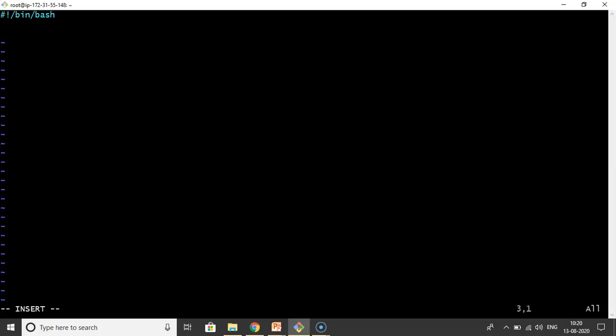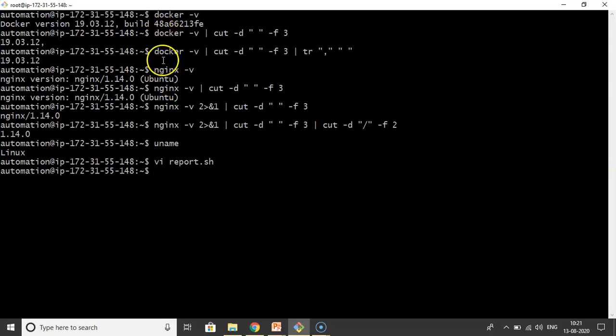Then first I am finding nginx version equals to. This is simply a command to find the nginx version. Now let me find the docker version. For that, already we have a command. Let me copy it from our command line.